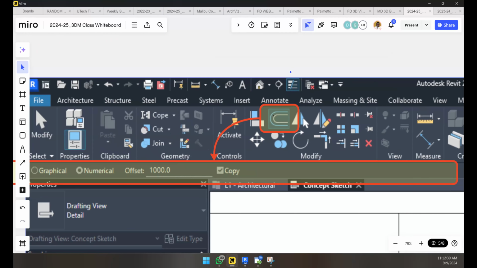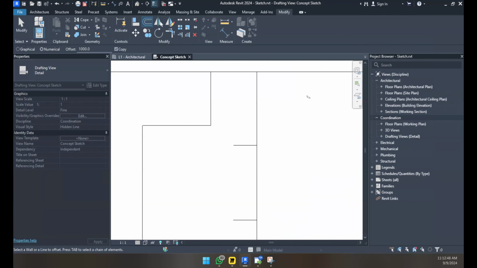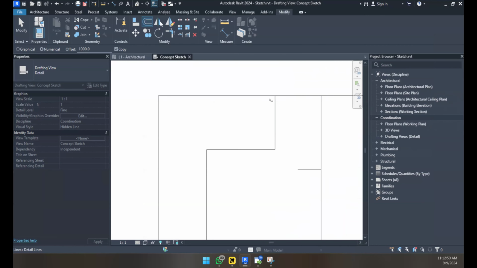Here we go. It brings up these options here that are related to the offset tool. So don't forget that, guys. All right. So I'm going to make this offset 150 millimeters. Press enter. And now when I hover, notice I get this dash line that gives me an idea